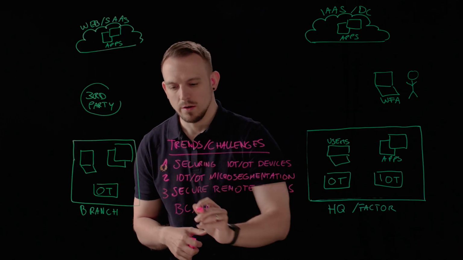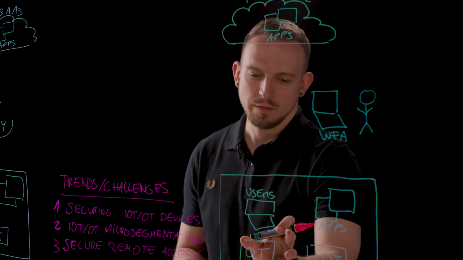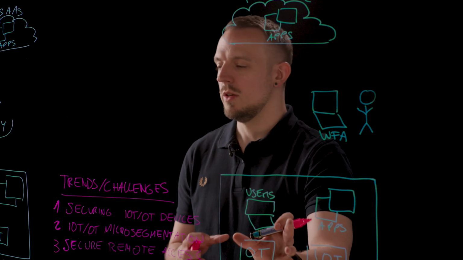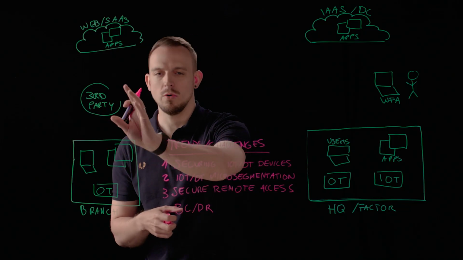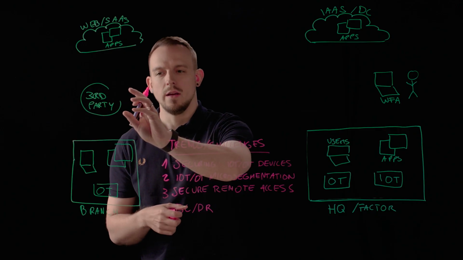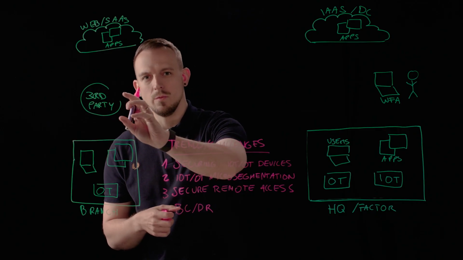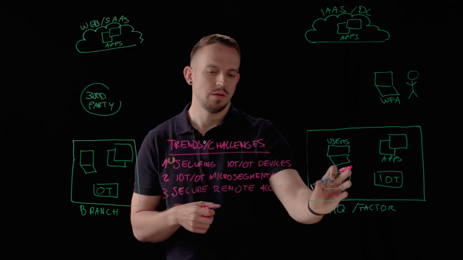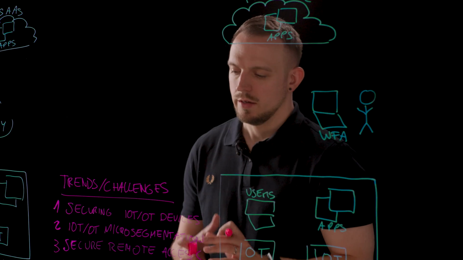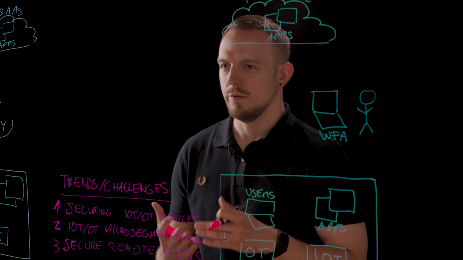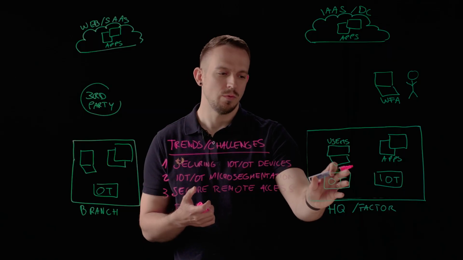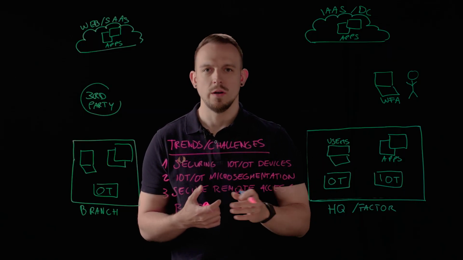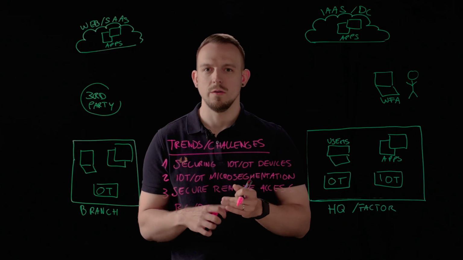The third one is also important because this manufacturing infrastructure is oftentimes maintained by external parties, for example through support contracts. And if you are not careful enough when you're providing access to those OT resources to third parties, you run into the risk of infection. For example, if the third party is breached, then your manufacturing environment will get compromised and you will have an outage that will probably be really expensive.